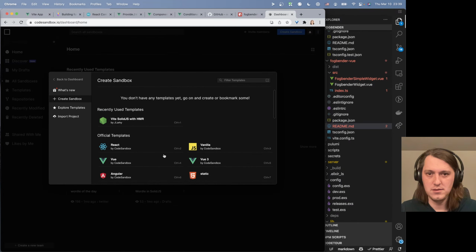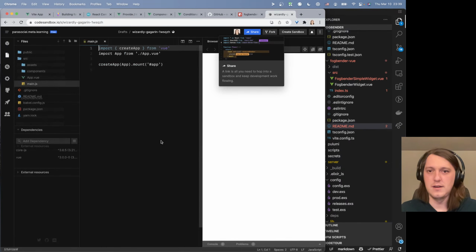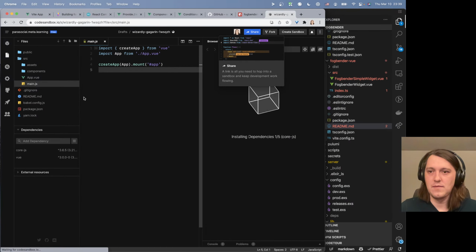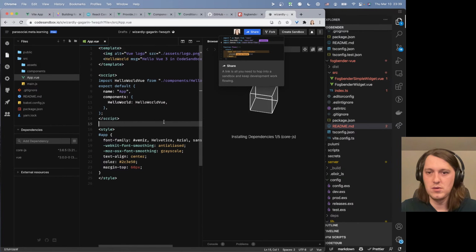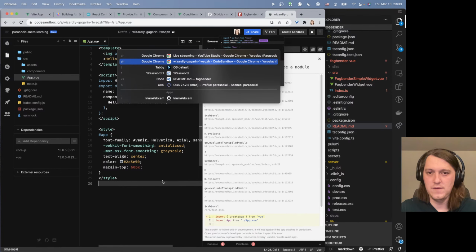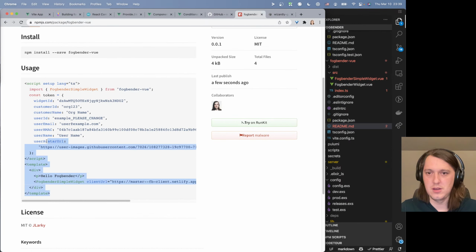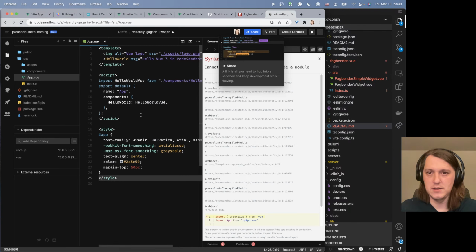Maybe not. Let's just do vue 3. App view, template, style. So if I open README and just copy paste everything,